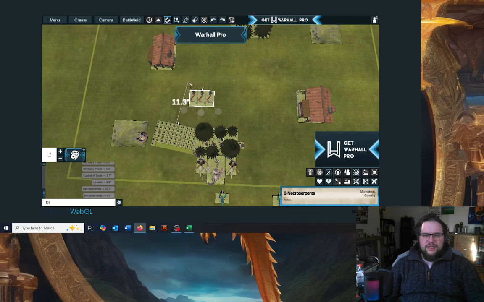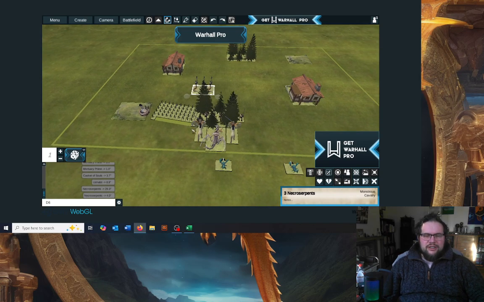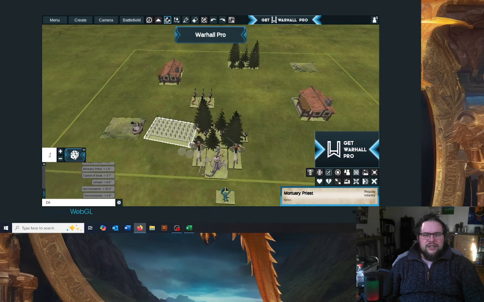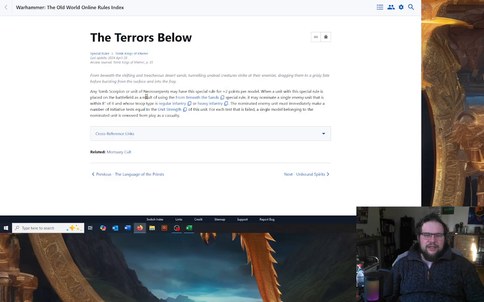And then for the front of the unit, this will be 8 now because I've moved it. In fact, this one can even go further, can't it? Anyway, it's got a magic item that allows you to put stuff within 18 inches. So it gives you a bit of flexibility in that you could put this priest towards the front of your army and essentially drop these 8 inches away. The reason you want to do that is because you've got this Terrors Below ability here, which is any Tomb Scorpion or unit of Necroserpents